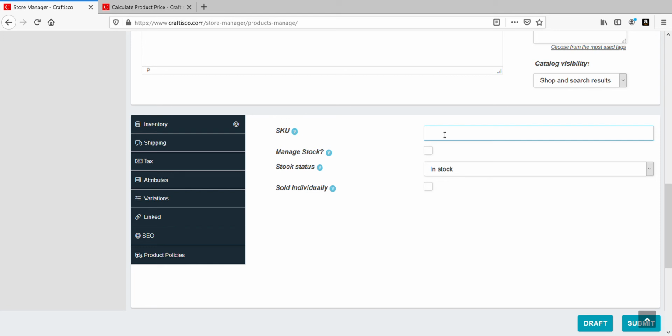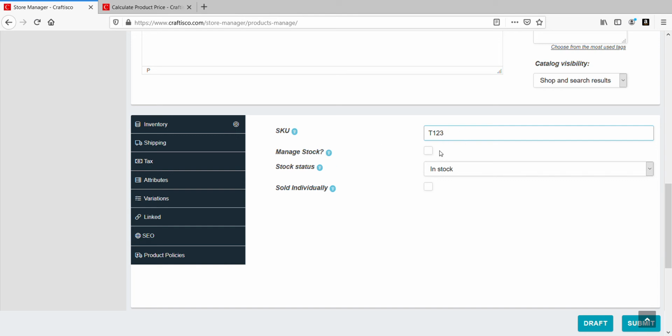So if you are actually selling more than 2 or 3 or 4 products on a site, you can identify each of these products with this keyword or an identification number. It's not mandatory, but it's always good to give a code, right? So I am going to say T123, so I'm just identifying it with a particular number.